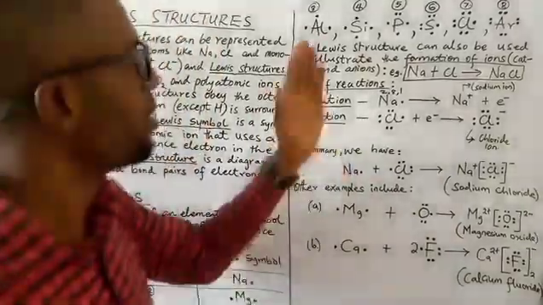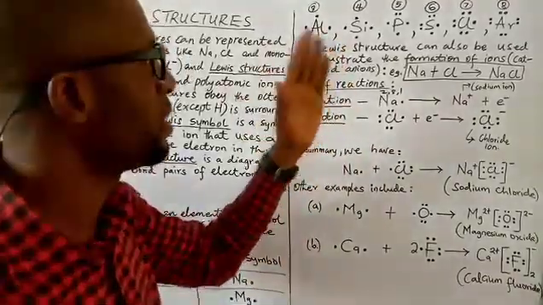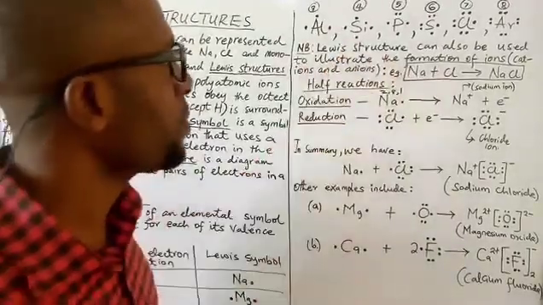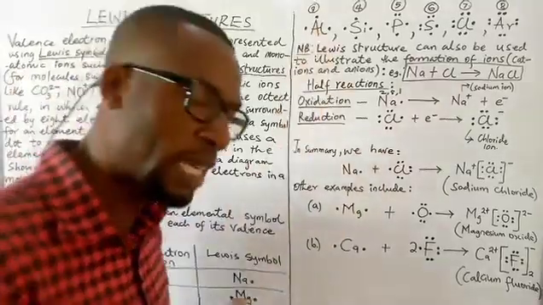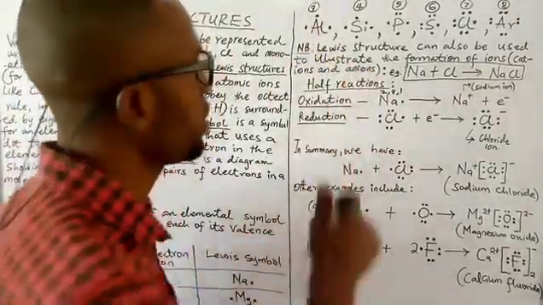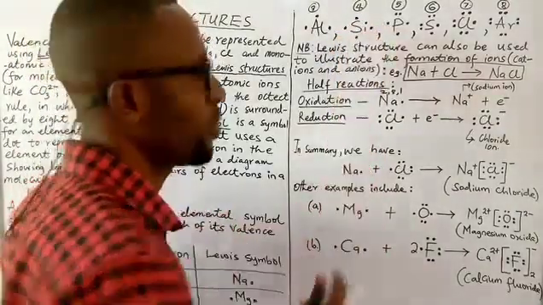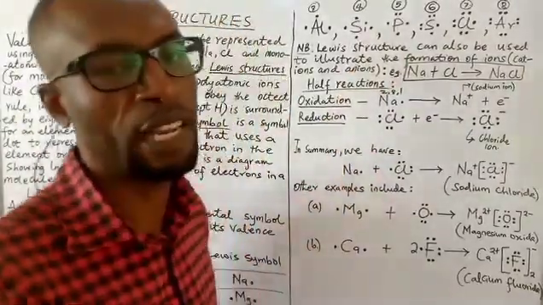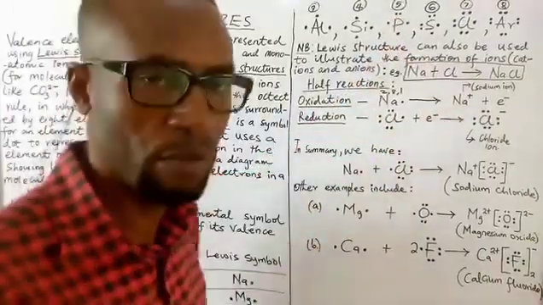Moving forward, we have silicon with 4 electrons belonging to group 4 in the periodic table. Again, you have that 4 electrons, group 4 or group 14 as the case may be. Ultimately, we have 4 electrons in the outermost shell, and those 4 electrons are depicted with 4 dots. Again, for phosphorus, it's 5 electrons in the valence shell. That's why we have 5 dots around the symbol of phosphorus.